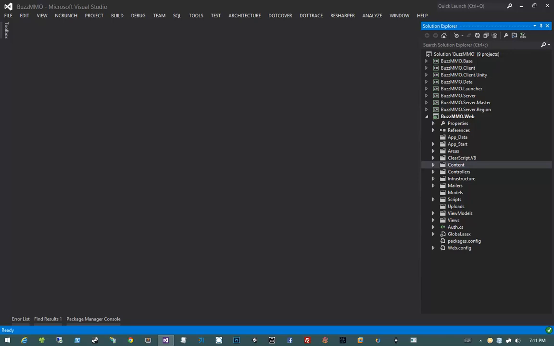The way that I came up with is to hit the API again once the launcher actually performs the launching of the client, and have the web API generate an authentication token. So just a random token. We'll be using our RNG crypto service provider and our base64 encoding, and we're going to create a random string of data that will be passed back to the launcher, and then the launcher will pass that token into the client as a command line parameter. The client will pick up on that command line parameter and then pass it to the Photon server,